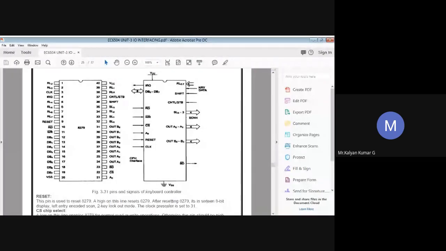DB means data bus, and all are bidirectional. All the data and commands between your CPU and the programmable keyboard interface 8279 are transferred on these lines. That is the function of the data bus, and you can write the same point for all the interfacing devices.